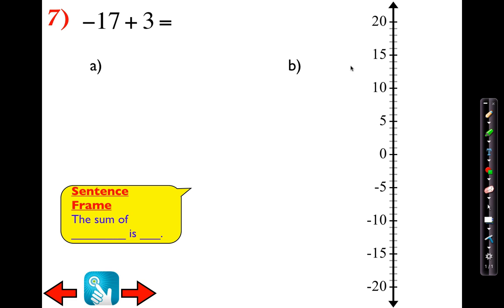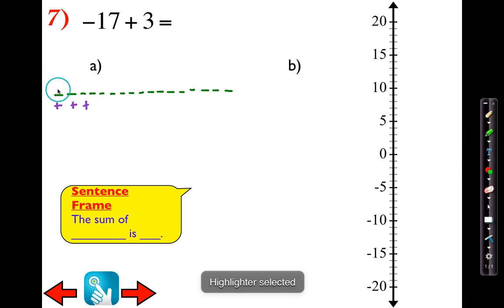Okay, so now at this stage, I want you to try number 7 all by yourself. Okay, so let's see how well we did. First, using symbols, we're going to put in 17 negatives. That's a lot, I know, but let's bear with it and just go. Negative 17. Now I have to add 3 positives. Once again, you'll notice I aligned them nicely because I know they're going to create 0